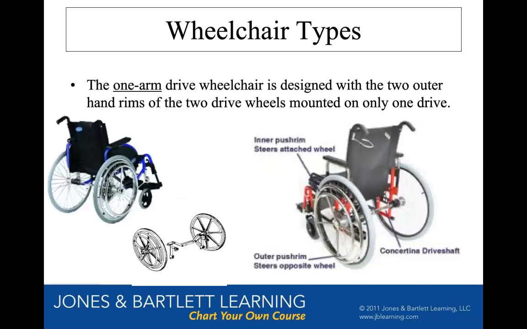On one drive wheel in the back, there's two push rims. One push rim, if they grab onto it and propel, will propel both big wheels in the same direction. If they grab onto the other push rim, it will only move the wheel on that side. So that will be how they turn. So this is if a person